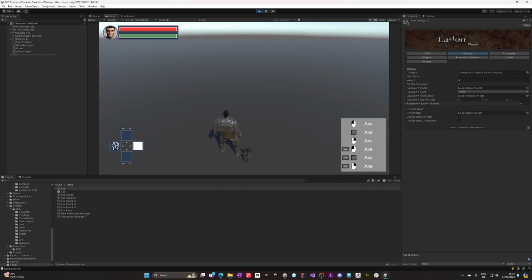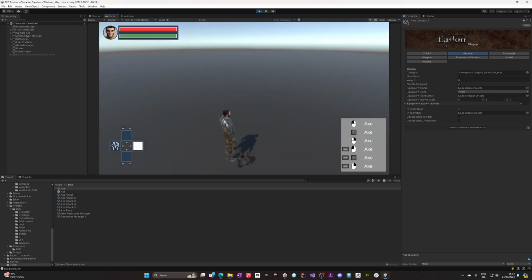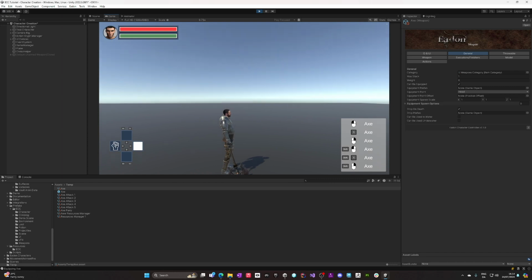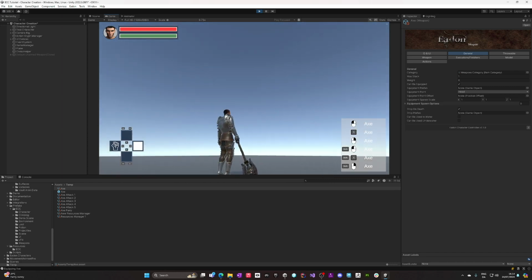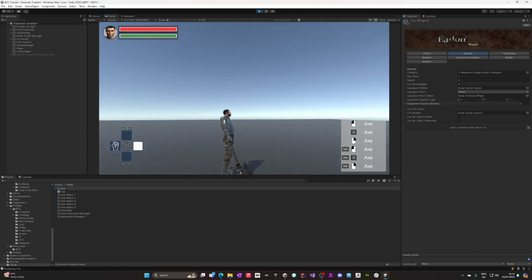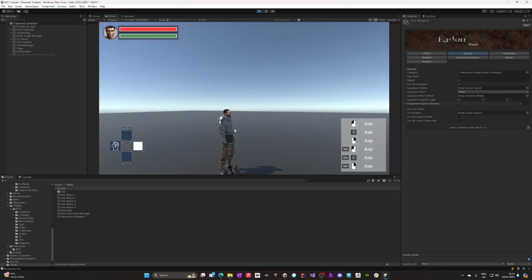And then we can equip it. As you can see, it's attached to the bone in a weird way, but it's perfectly usable, except that the